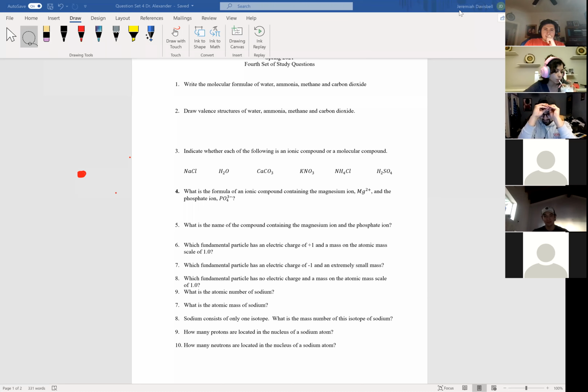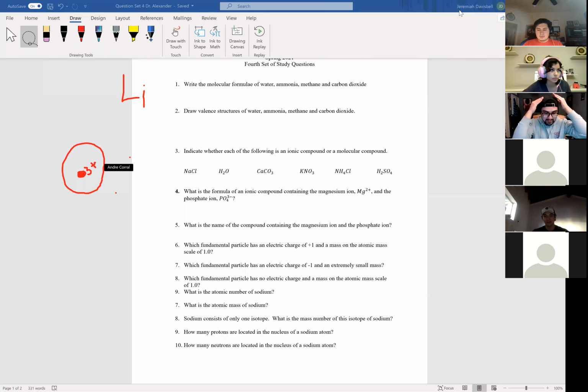I'm sorry, can you repeat the question? So we said it has 3 protons, so 3 of the little plus, so protons. How many electrons do you think it's going to have if it's like neutral lithium? So it's not a lithium ion, it doesn't have a charge, it's just regular lithium. How many electrons do you think it's going to have around it? 3. 3, right? Because 3 positives and 3 negatives would cancel out, right?